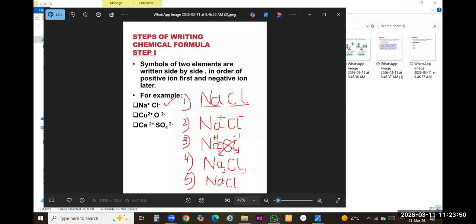Okay, no need to write number 1. Number 1 is offset, or you can say the number 1 is dropped. It's understood there is number 1. Clear? Class 9, is there any confusion? Basically, it's a way to write the chemical formula. You have to follow these steps while writing the chemical formula, class 9.